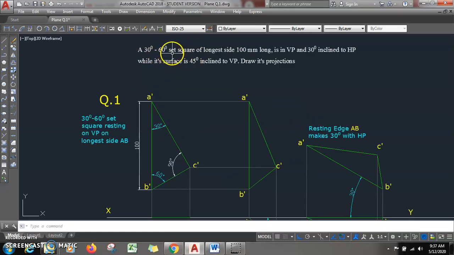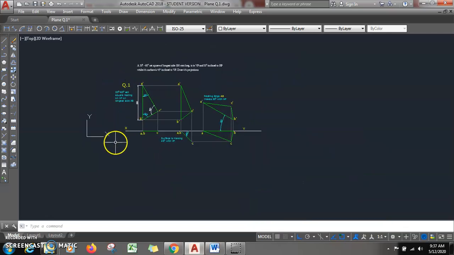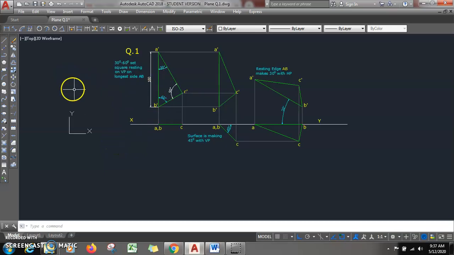A 30 degree 60 degree set square of longest side 100 mm long is in VP. The longest side is in VP and 30 degree inclined to HP. Longest side itself is inclined. While the surface is making an angle of 45 degree with VP, draw its projections. So in this problem, we have a 30-60 set square having longest